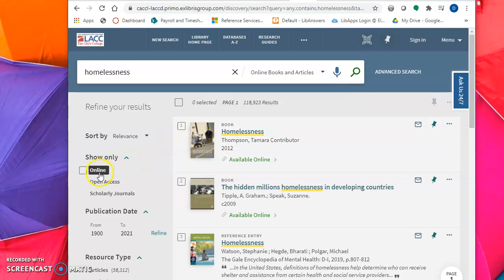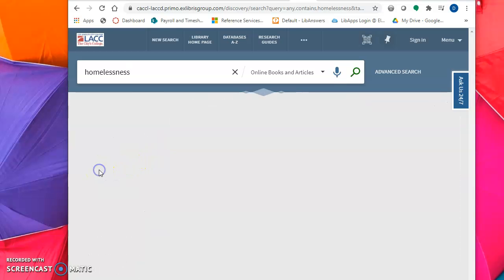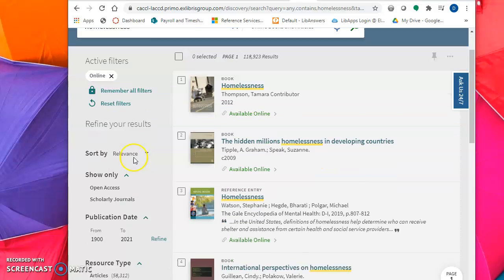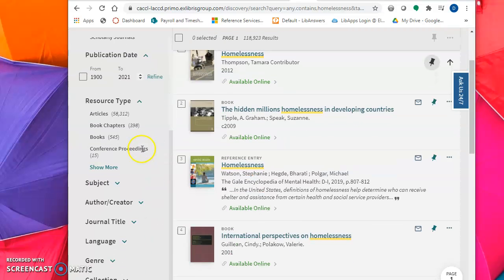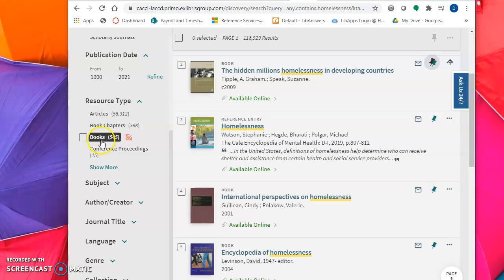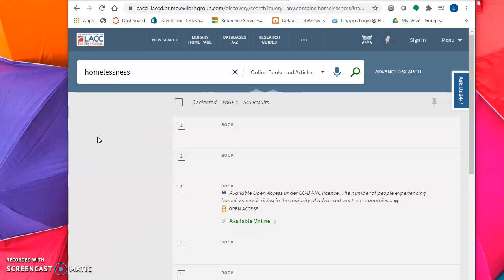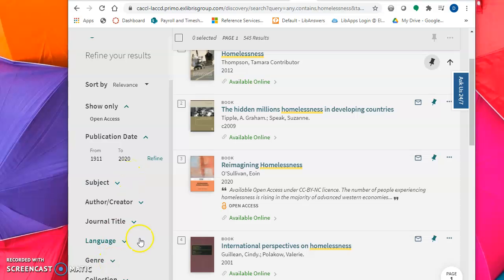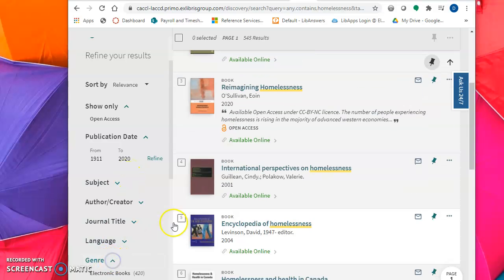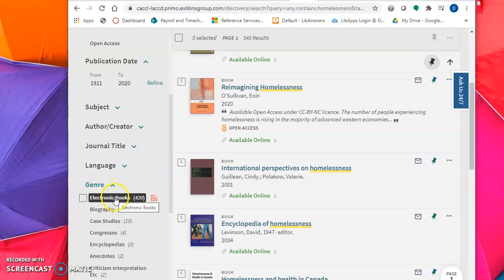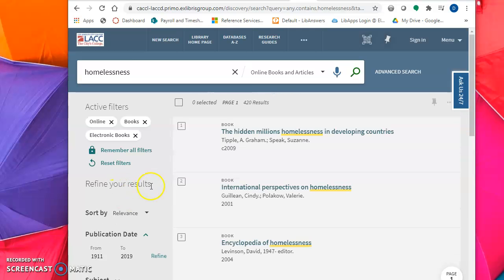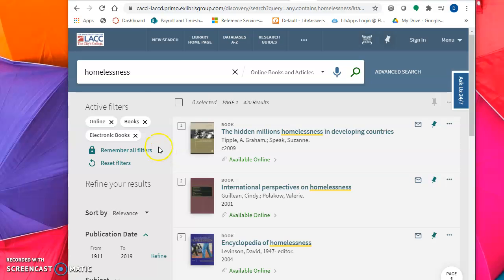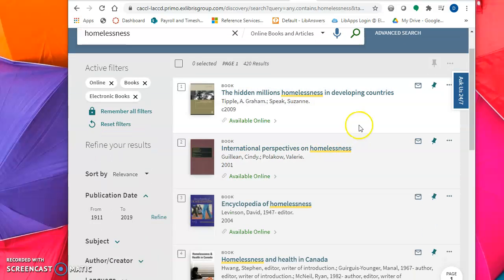So I'm going to type in my basic search term, hit online books and articles. I'm going to go over here to the left-hand side. I'm going to click online. And then I'm going to scroll down to where it says books. And then I'm going to scroll down to where it says genres. And I'm going to click electronic books. So hopefully what that does is gives me everything online and electronic books, but you still will have to check